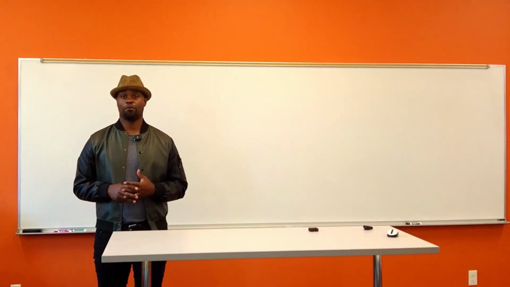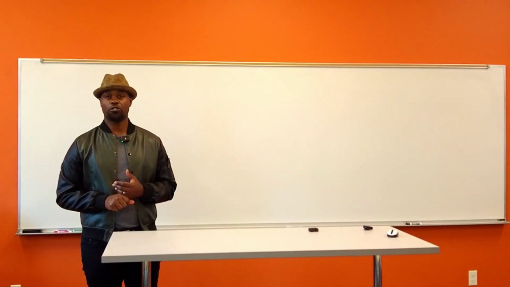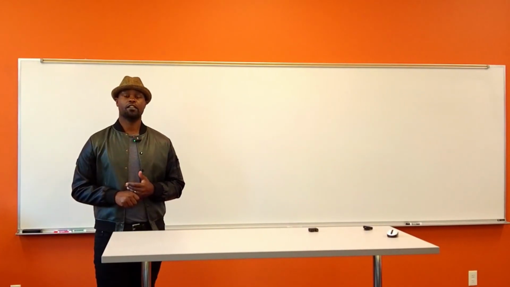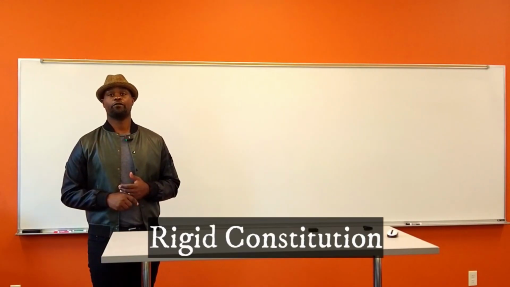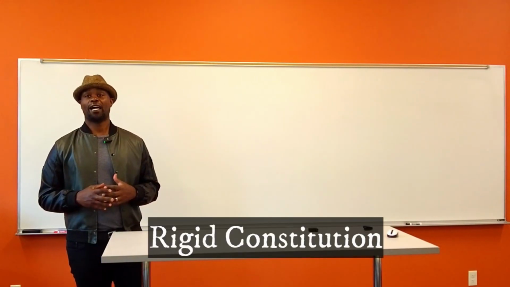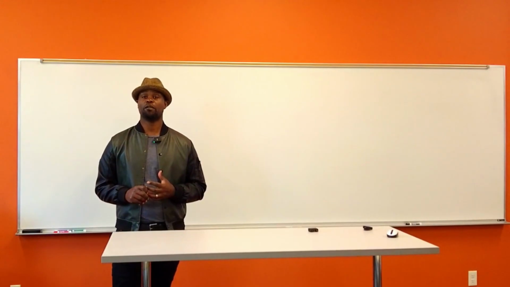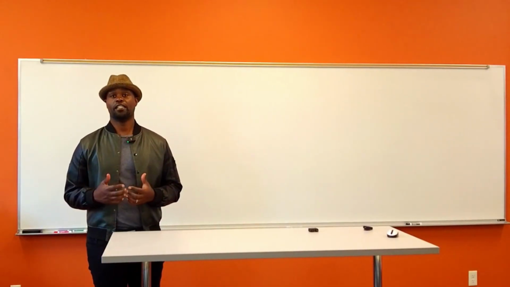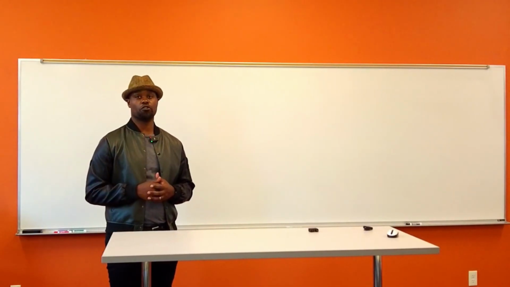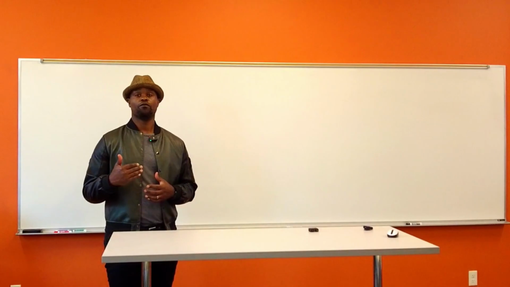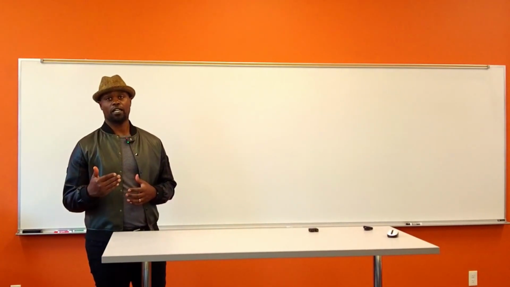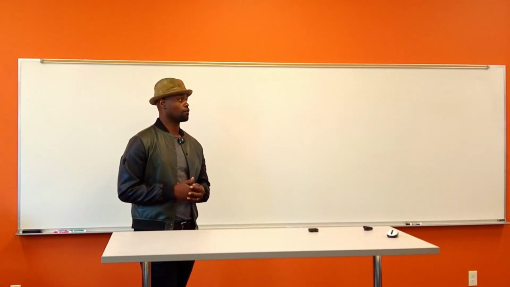Now, a few things to know about Texas. We have a rigid constitution. It means it's difficult to change. It is very voluminous. And we add a lot of things, some that may even be deemed legislative law, in the Constitution to make it harder for a judge or somebody to change the laws of the state.